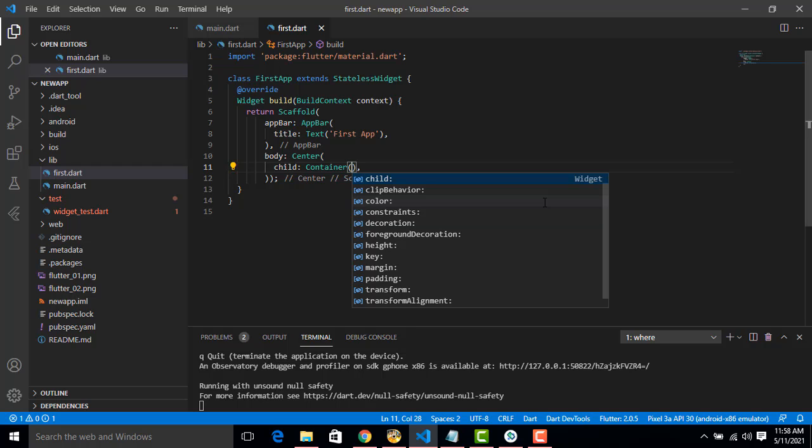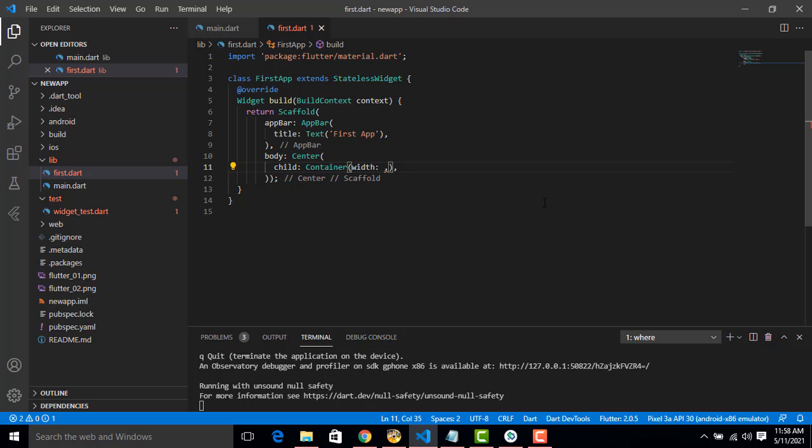Now here as well, width. Here also we have to press Alt Shift F. We take the alignment. Okay, so here we have right hand. We have to do it. Okay, so we have width. We have to give 300.